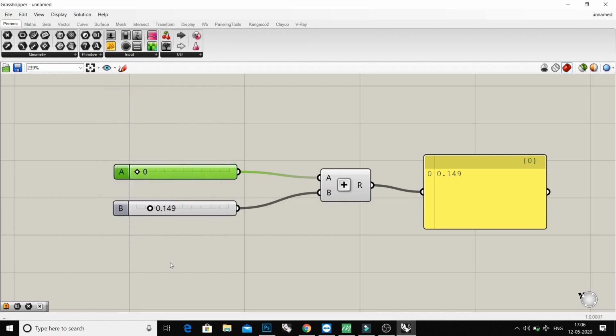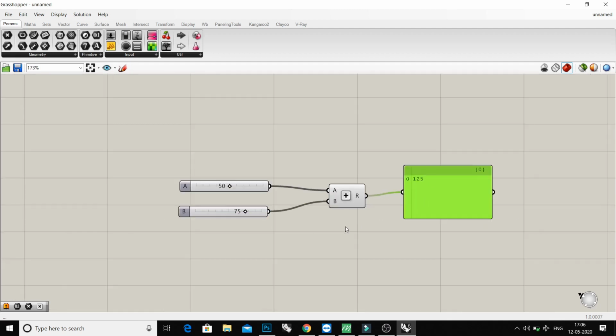Press OK. You can do the same with this, but I will copy, paste and connect. Slide the number: in A I choose 50 and in B I choose 75. The total is 125. You can see it in the output panel.